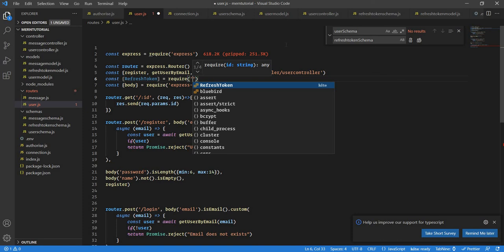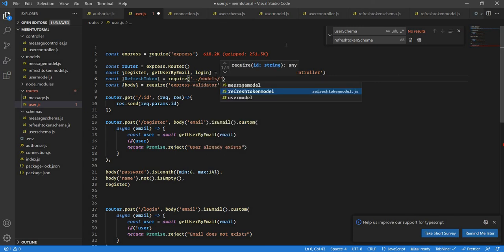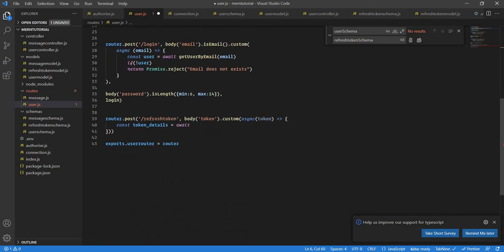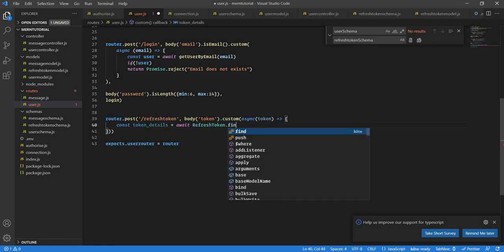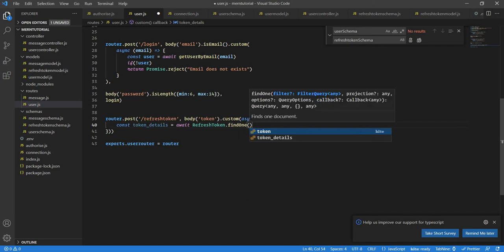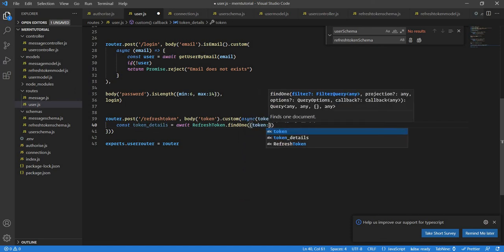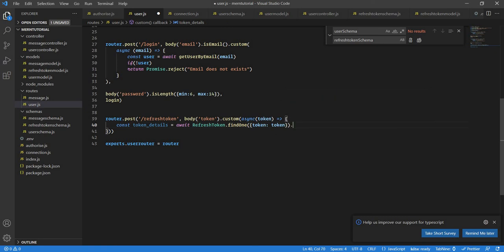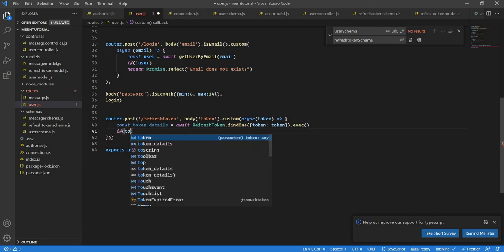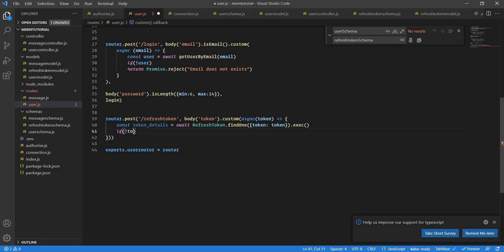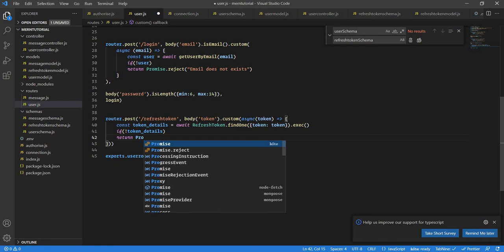So we are in the routes right now, so go up a directory, go to models and go to the refresh token model, then RefreshToken.findOne where token is token, execute. tokenDetails. If not tokenDetails, then we just return Promise.reject